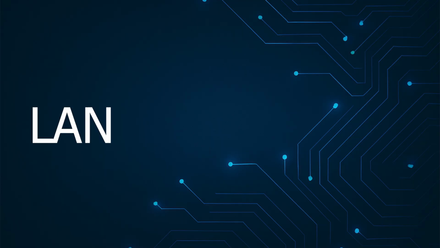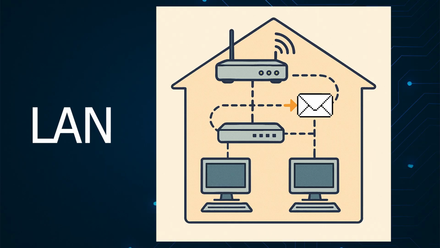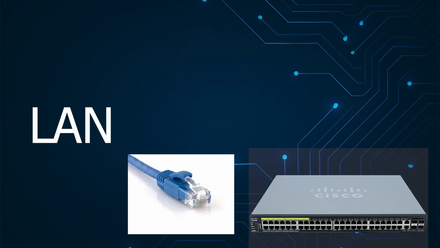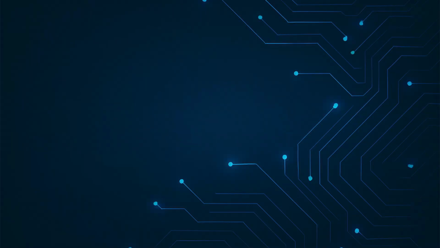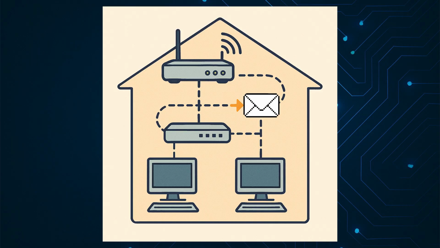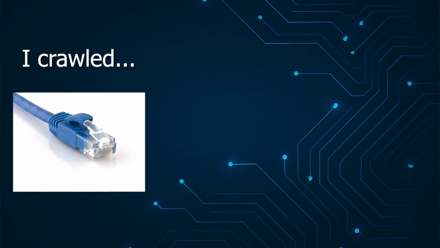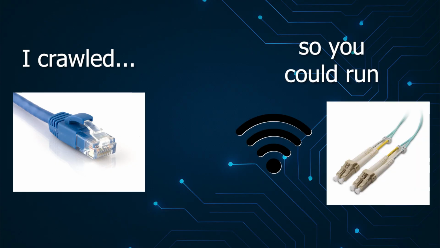LANs, or local area networks, cover small areas. Think like single buildings, offices, or schools. They often use Ethernet cables, switches, and routers. LANs are fast, hitting speeds up to 1 gigabyte or more. They're also extremely secure because they're private. One of the best examples for this is your home network with your router and a few connected devices. Think like the Ethernet cable that goes directly from your router, from your internet provider, straight to your computer or to your Xbox or PlayStation. It's important to know that LANs form the foundation for almost every other type of network.